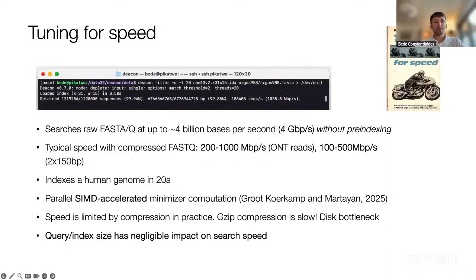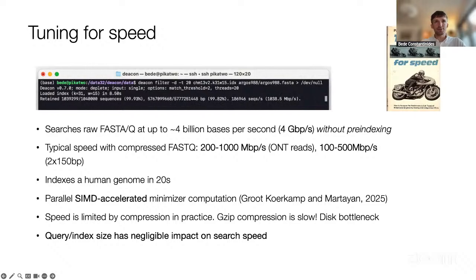Otherwise, it's built from scratch for speed and minimal memory copying, rather than wrapping existing general purpose tools, which tend to be slow. Optimizing the performance has been an interesting exercise in trial and error for me, and I'm really grateful to Ragnar, who has helped me improve the performance of Deacon quite dramatically since I first released it. And in practice, it's almost always gzip decompression or SSD speed that actually caps its performance now.